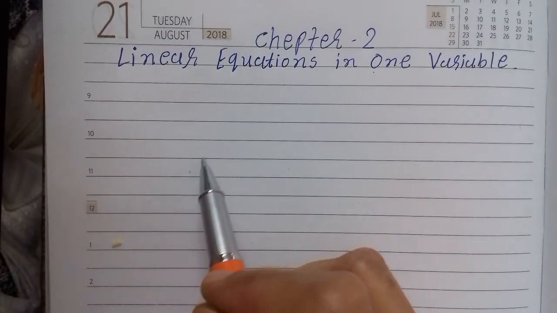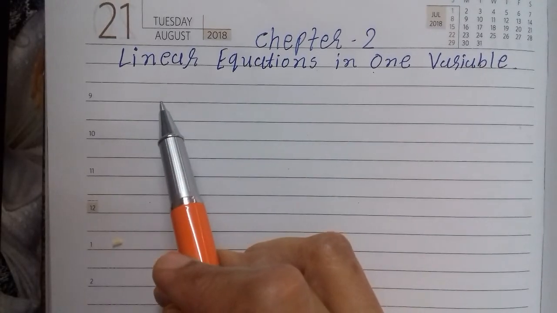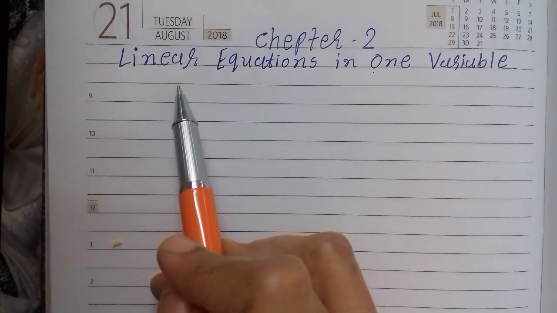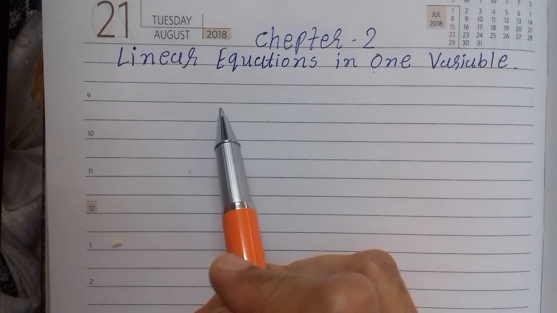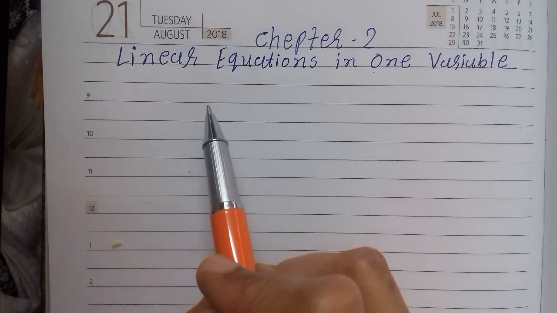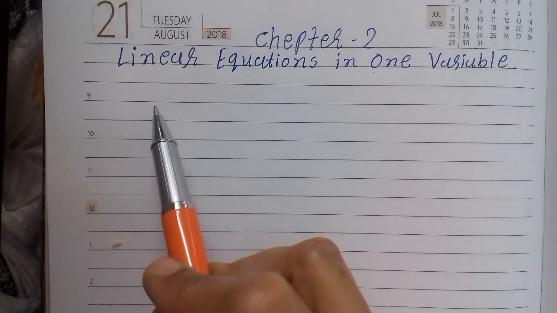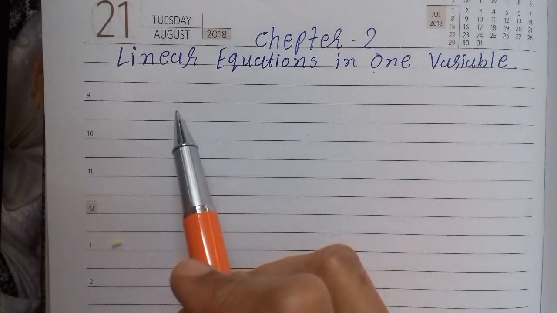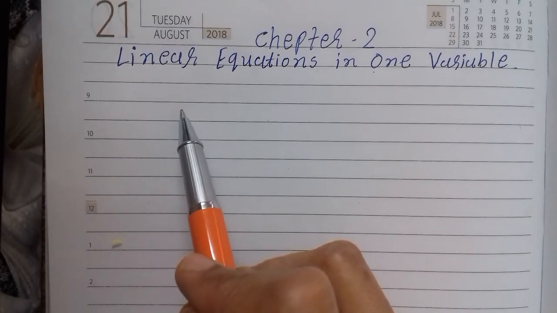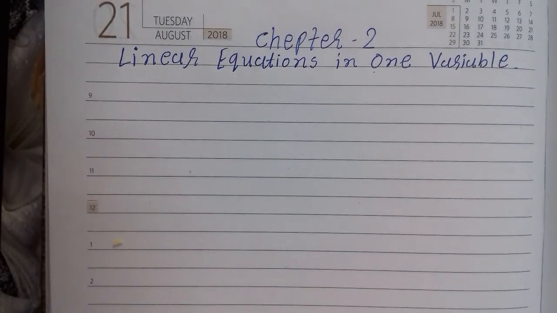So first we will see what is variable. That means an equation is a statement of equality of two algebraic expressions involving one or more unknown quantities, and this unknown quantity is called variable. An equation involving only linear polynomials, that means whose power is 1, is known as linear equation. For example,